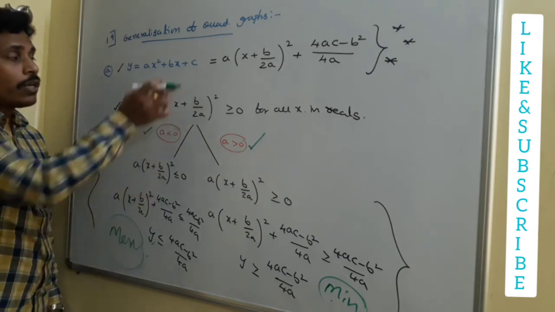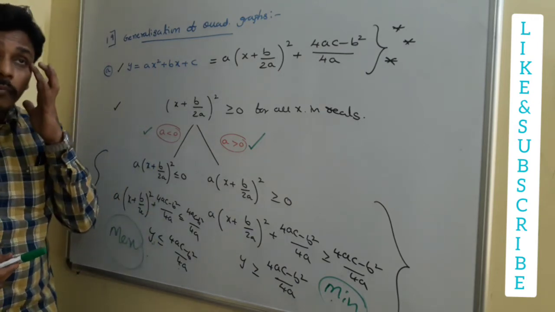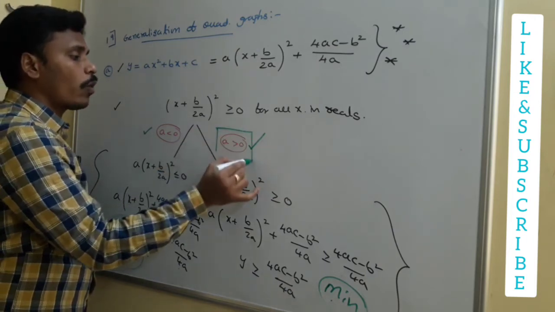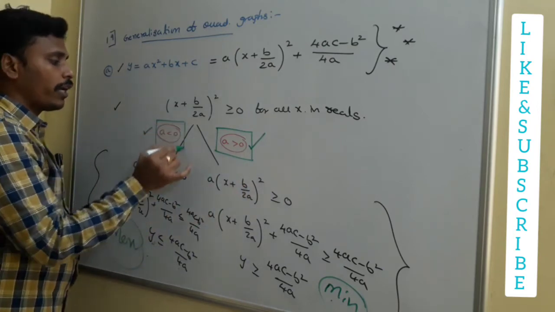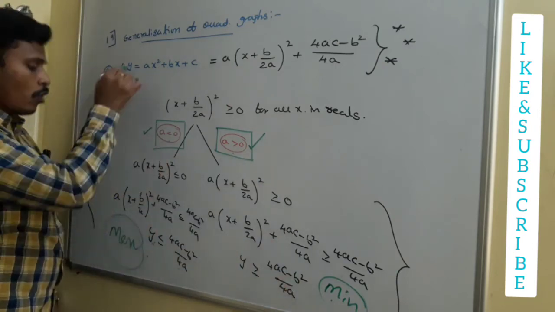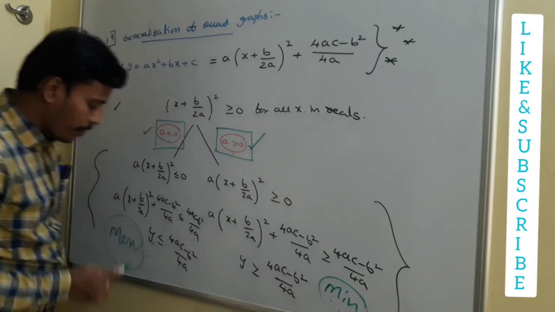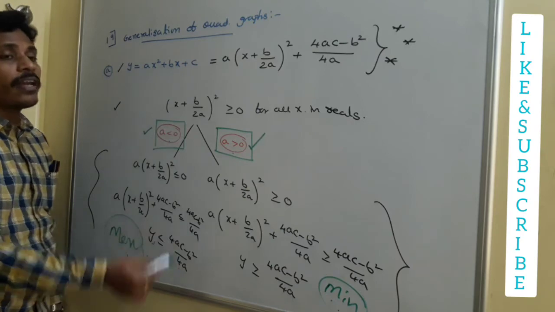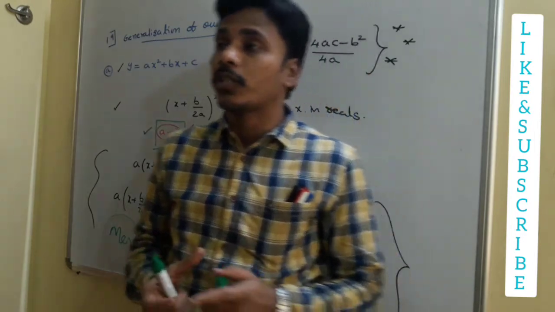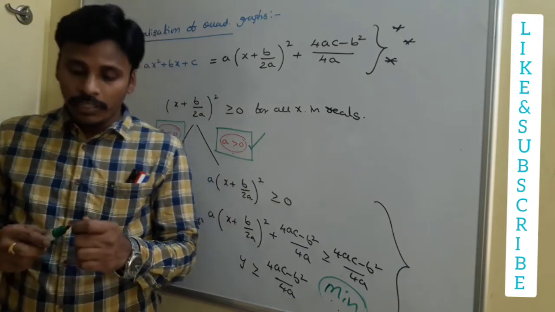Once again, I am repeating. If you look at the graph of y equals ax square plus bx plus c, first of all you need to concentrate on the value of a. What do you say about a, whether positive or negative? If a is positive, y has a minimum. If a is negative, y has a maximum, and that minimum value is (4ac minus b square) by 4a, and this maximum value is again that (4ac minus b square) by 4a. Numerically, as a formula, the value is the same, (4ac minus b square) by 4a, but in one case the expression has a maximum, and in the other case the expression has a minimum.